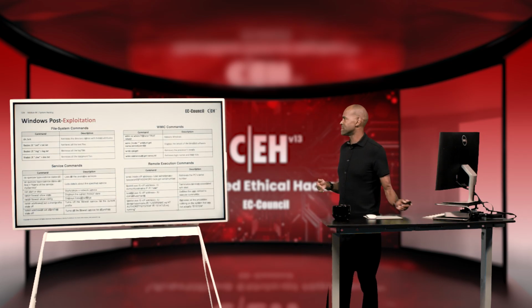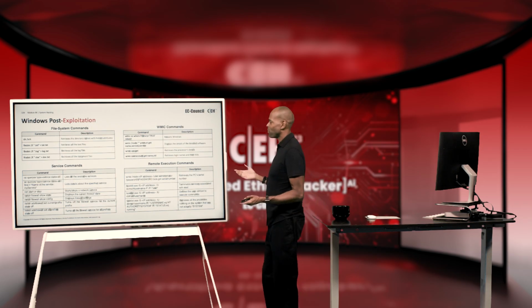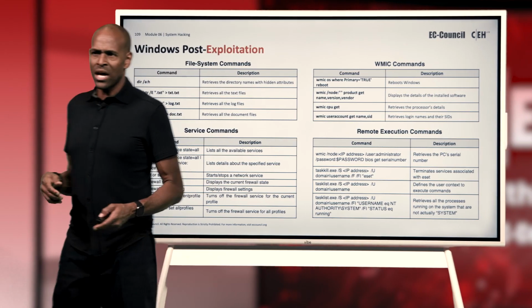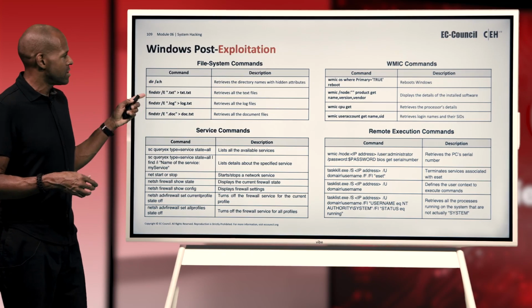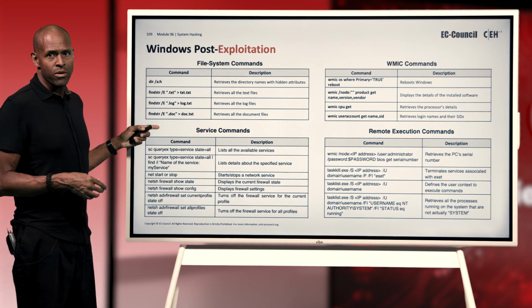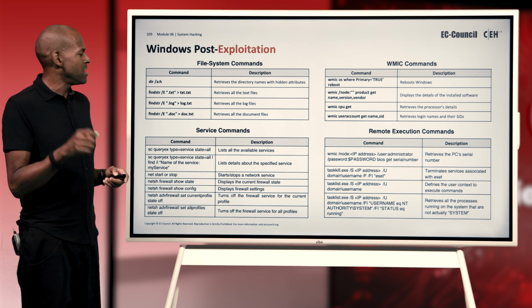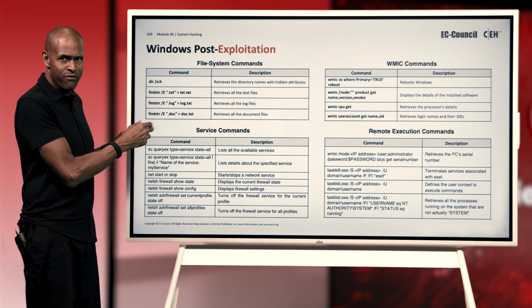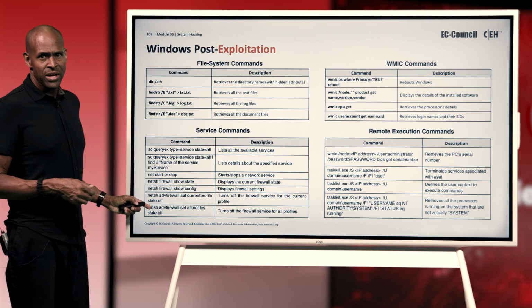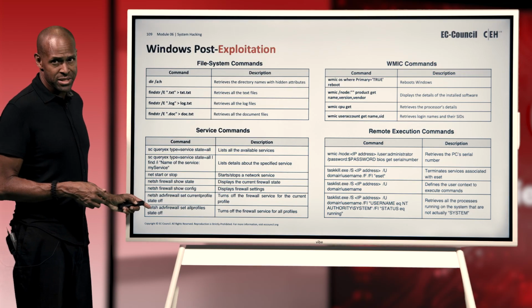Let's have a look at these. There are a variety of post-exploitation commands. Here on the far left side is not only dir, which retrieves a bunch of names in the directory, but a different one, findstr. Findstr finds a string. So you put in quotes what you're trying to find, and you find it. Then we get service commands. We have a series of sc commands and netsh commands. I call them netsh,